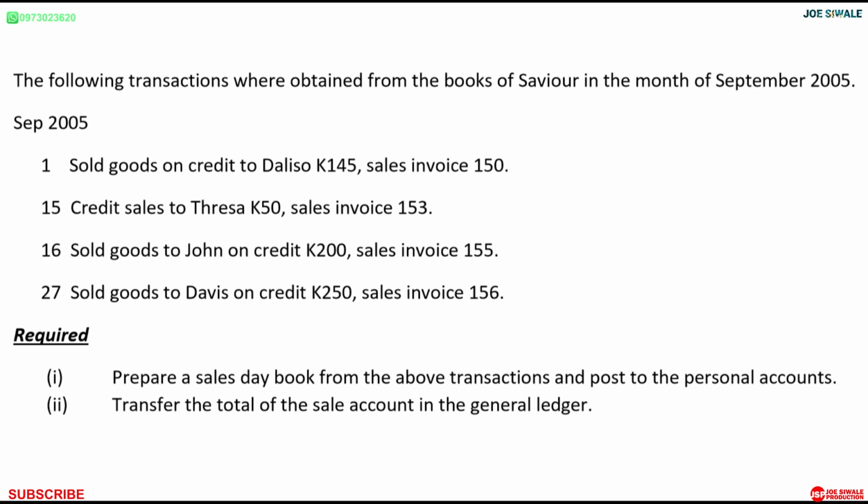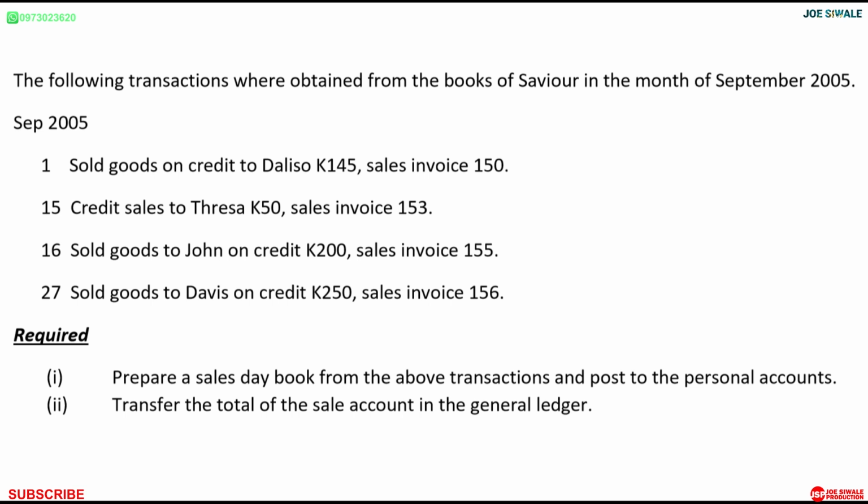The first transaction reads: sold goods on credit to Daliso amounting to 145 kwacha, sales invoice 150. Then on the 15th, credit sales to Triza amounting to 50 kwacha, sales invoice 153. Then on the 16th, sold goods to John on credit amounting to 200 kwacha, sales invoice 155. On the 27th, sold goods to Davis on credit amounting to 250 kwacha, sales invoice